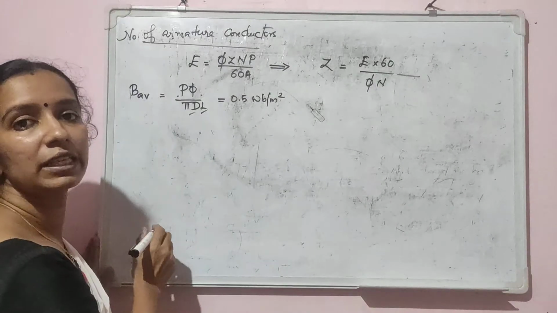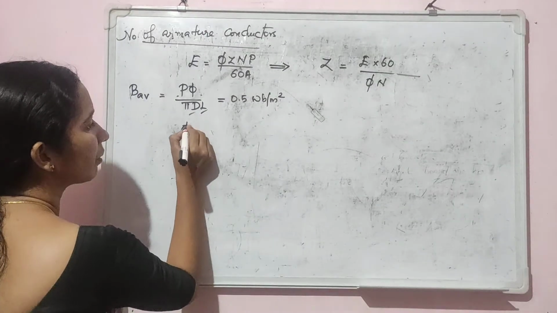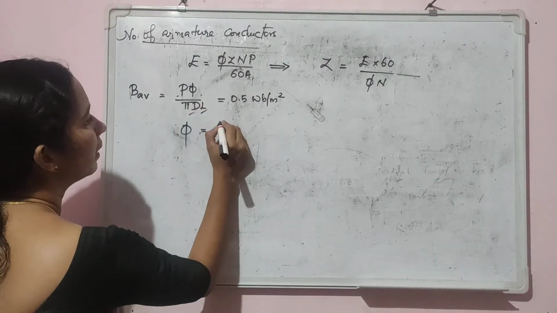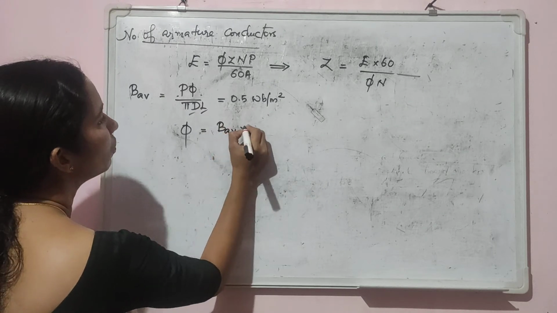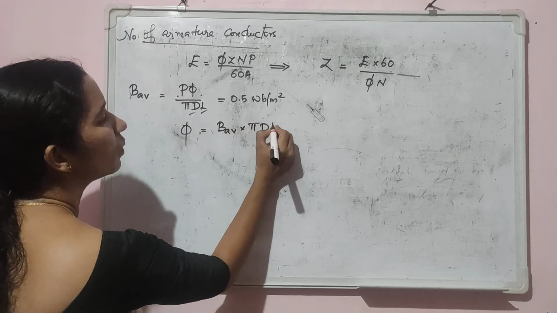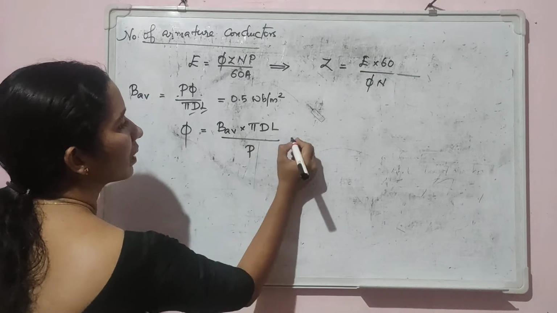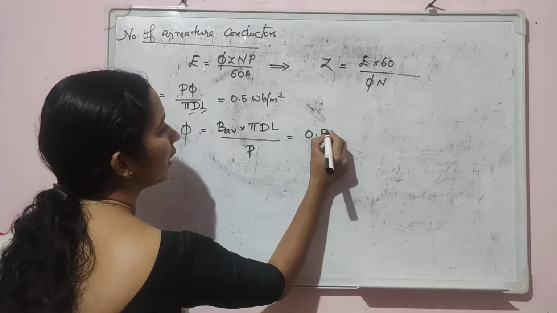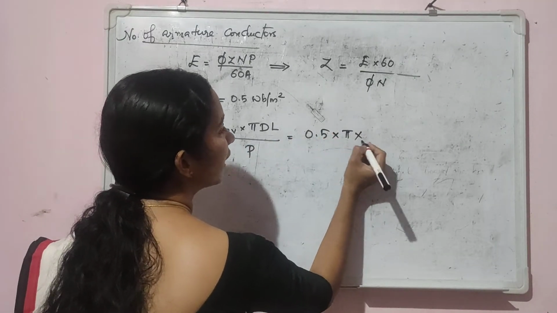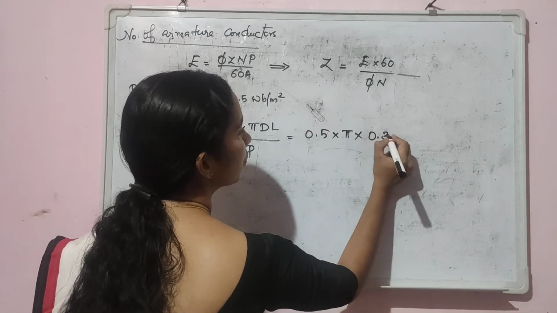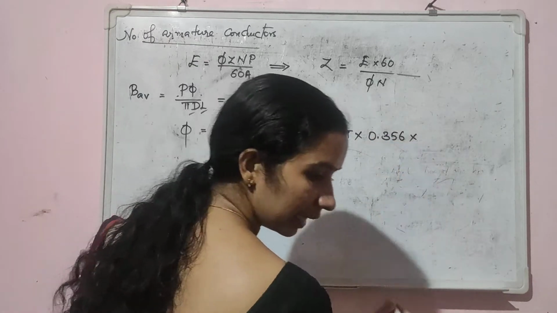So from this equation, phi will be B average into pi into D into L divided by P. That is 0.5 into pi into 0.356, the value of D, and